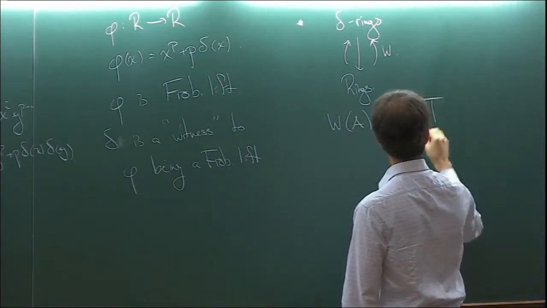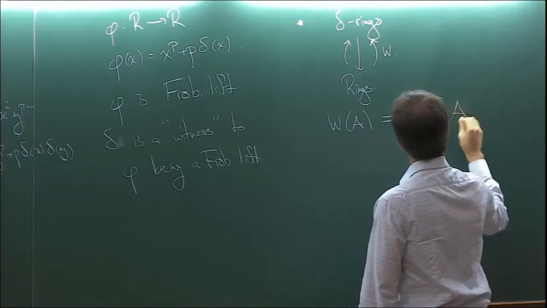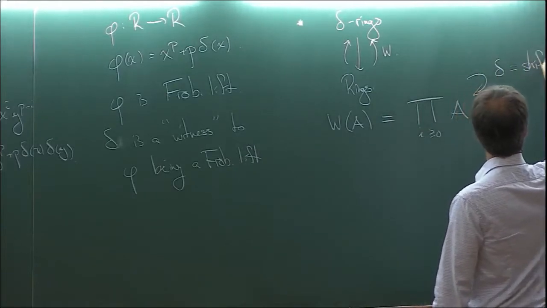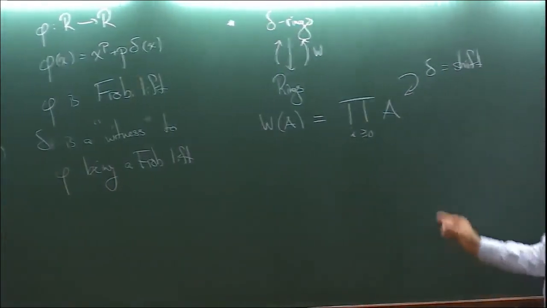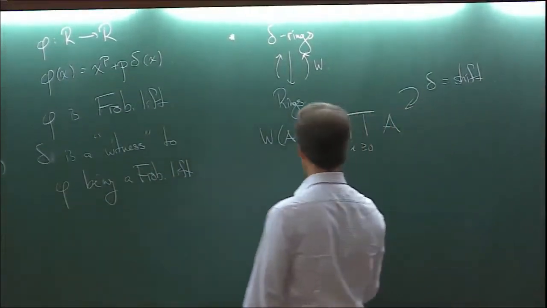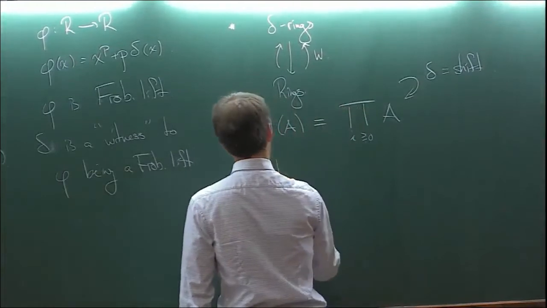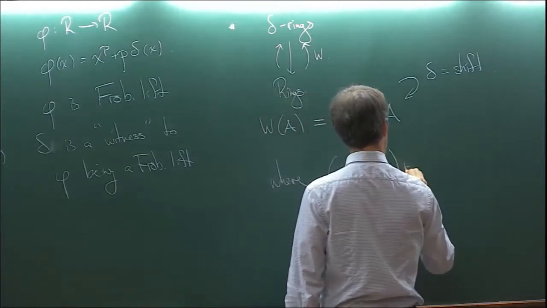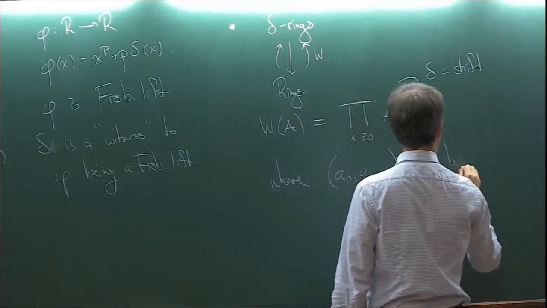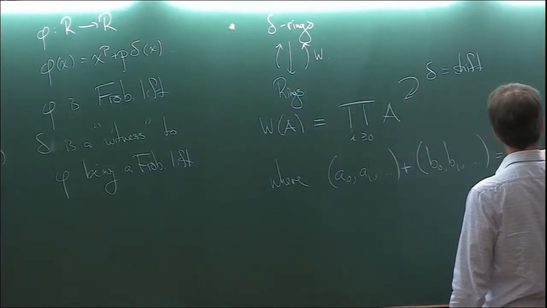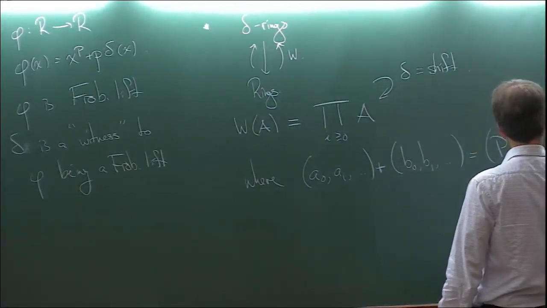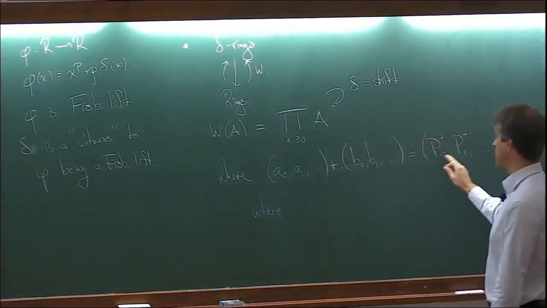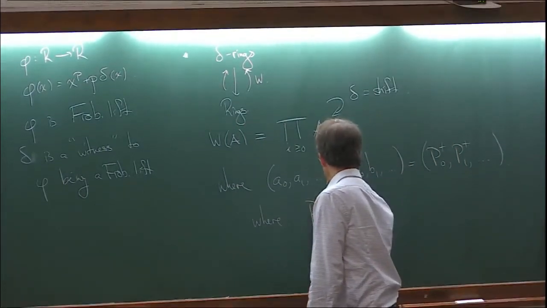It's an infinite product, and the delta operation is just shift to the left, but it has an exotic ring structure, and the exotic ring structure is, how do I want to write this? So (A0, A1, ...) plus, I'll just first write it down for addition, (B0, B1, ...) is equal to (P0, P1, ...), maybe with pluses, where these P's are certain universal polynomials, where Pn plus